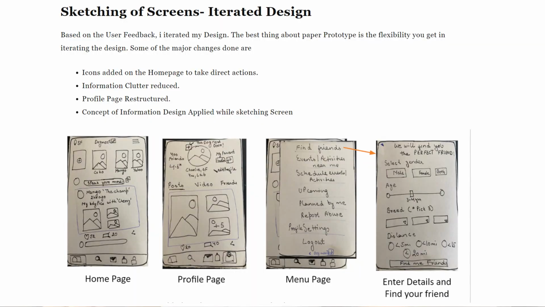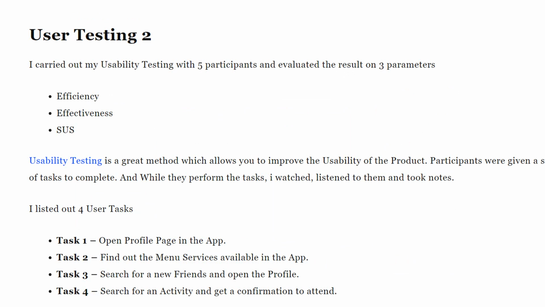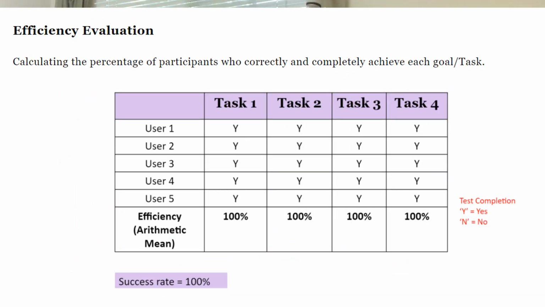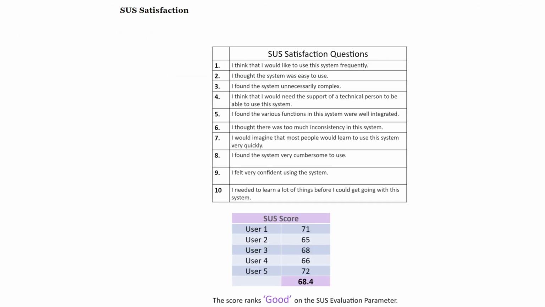I made use of the user feedback and got my changes done. Then I used these paper prototypes and designed my UI screens. And then, based on that, I carried out my usability testing with 5 participants and I evaluated the result on 3 parameters: efficiency evaluation, effectiveness evaluation, and SUS evaluation.